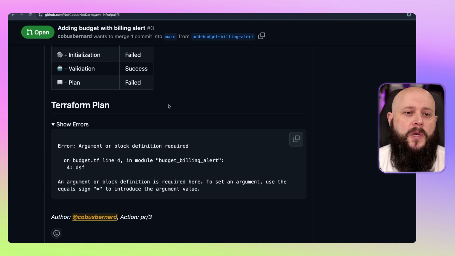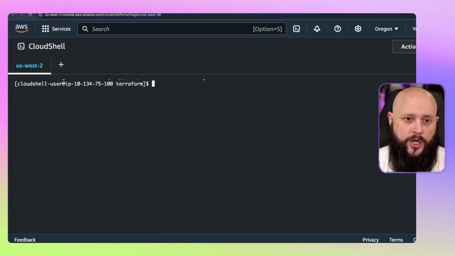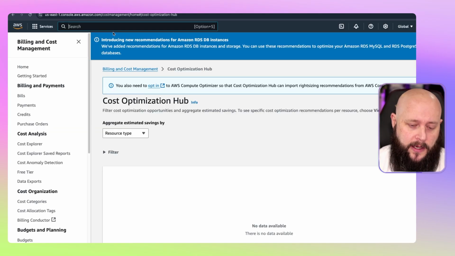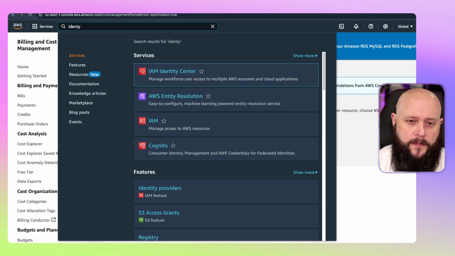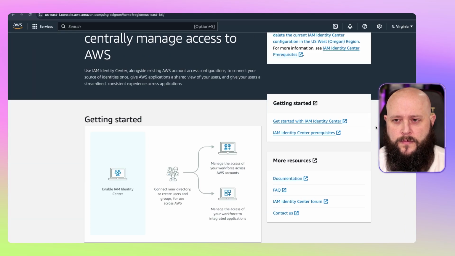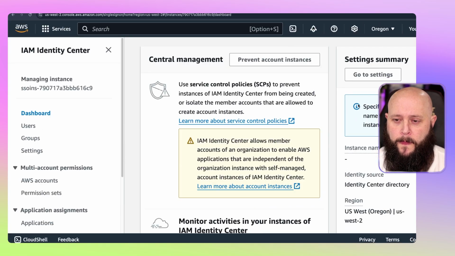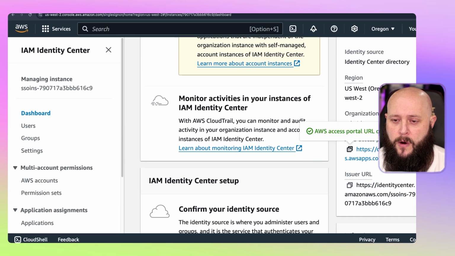But now the last step that we need to do is to configure our AWS CLI. I'm just going to show you how to do it here in Cloud Shell, but it'll be the same after you've installed the AWS CLI locally. So to set that up, we're going to need the URL that we set in our Identity Center. So let's quickly go back. Now the console has actually changed to a different region, which is why I don't see my Identity Center. So let's just switch back to Oregon. Now we can go down here. I can copy that URL.